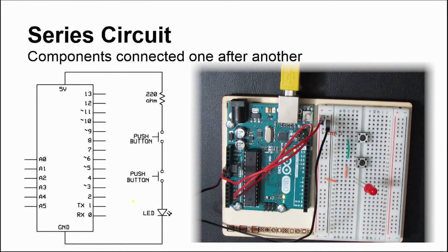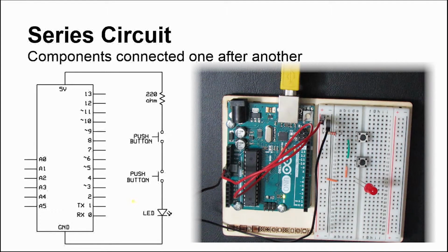Old school Christmas lights used to be hooked up in a series circuit, and the problem with that was when one bulb went out, then they all went out. So if you had those 100 light strings of Christmas lights and one went out, you would have to go through each light to figure out which one blew before you could figure out which one to replace. Now, the more modern ones are hooked up more like a parallel circuit, which is what we'll